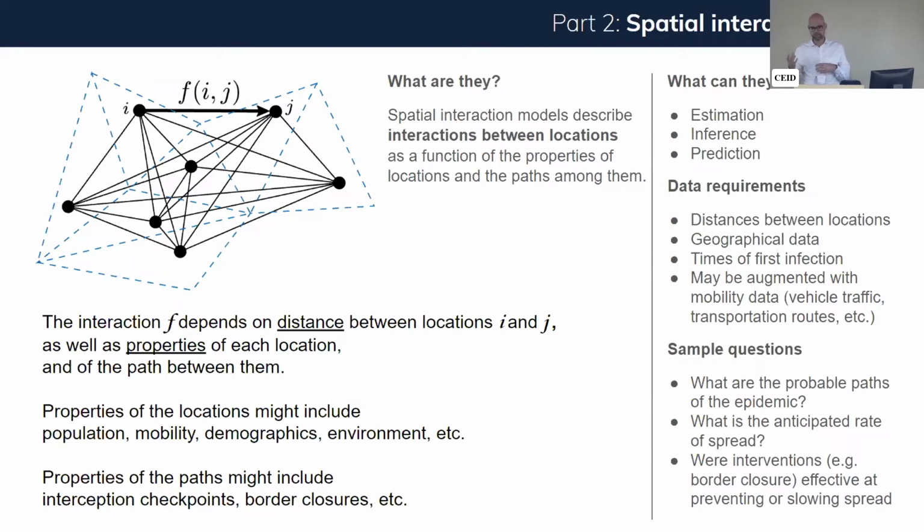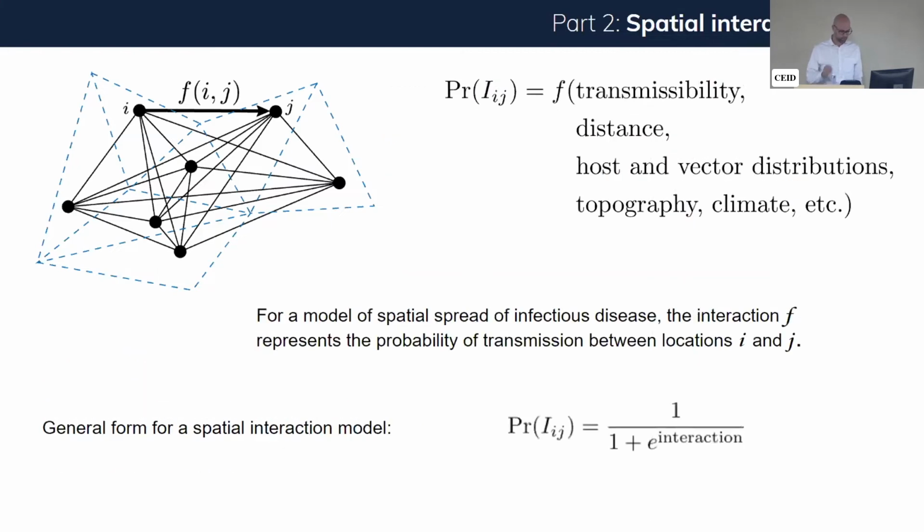So for instance, whether there's vehicular or airline traffic between those locations, whether there's a migratory pathway for wild birds between those locations, as well as the properties at those locations, like, for instance, the concentration of pig farms or the presence or absence of wild pigs. And then we estimate what this statistical quantity is. Usually we think from one time step to the next that this is represented as a probability, so it's a number that ranges from 0 to 1. And using biostatistical tools, we can estimate what relative risk factors are of various covariates of interest.